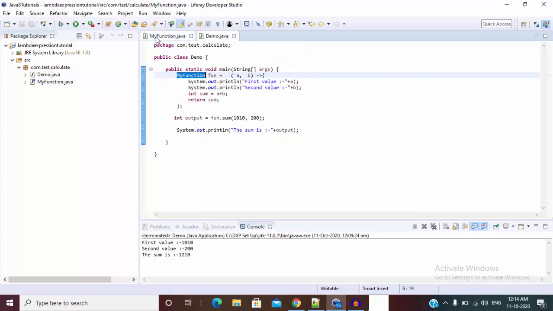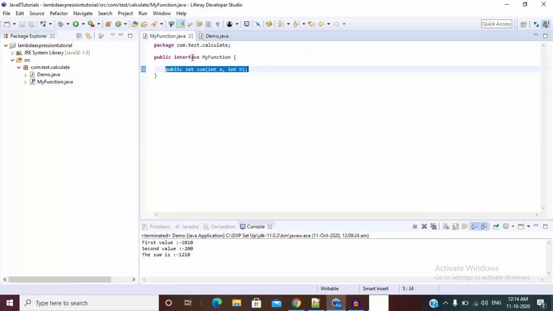So let me write one more Lambda expression. Now I can remove this, and we can write one more Lambda expression like public, and this Lambda expression also returns int, and the Lambda expression is like add 2.